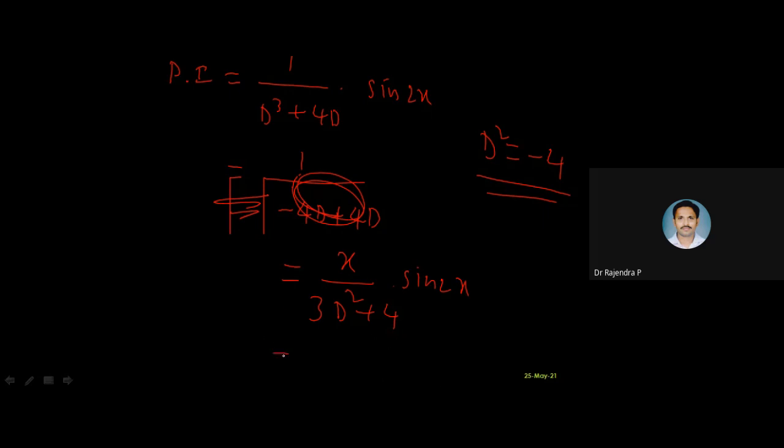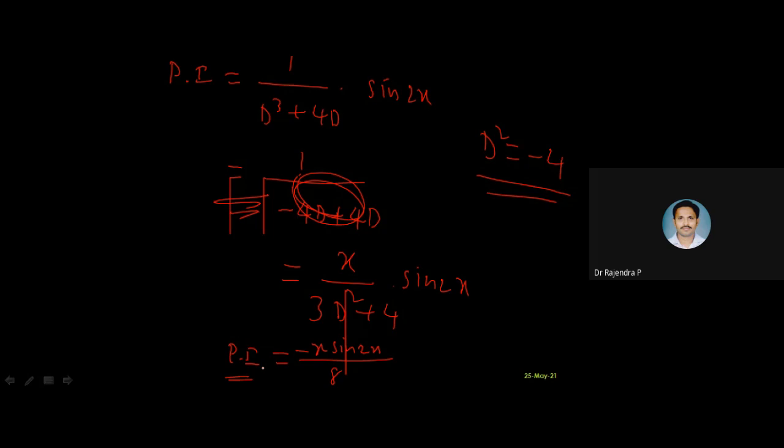Now you substitute. Are you getting the same thing? No, right? What is the value? x by minus 8 into sin 2x. So minus x sin 2x by 8 is your particular integral. Over. We are able to remove all these in the given problem. Suppose you get 0, immediately you have to go for the third case.